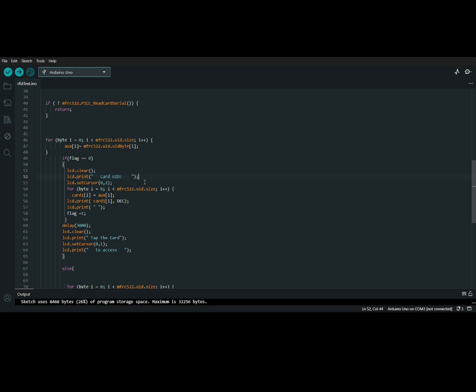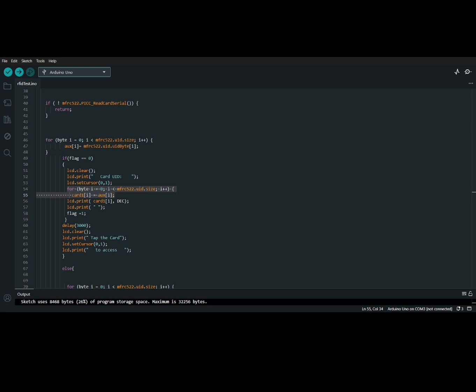If you register one of those objects on the RFID, it will register, and it will print out on the LCD. And then we have set cursor. This is to set the position of the LCD. And then we have another for loop.